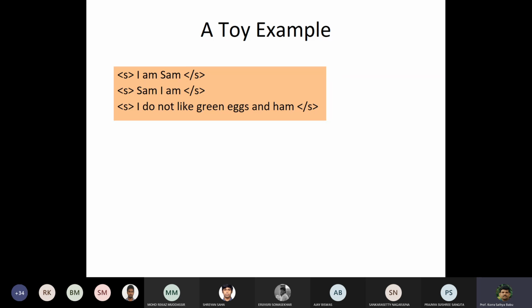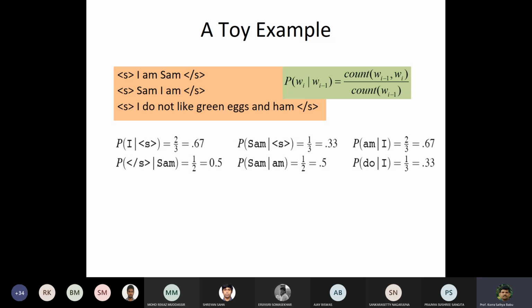It depends upon how many times it occurred: how many times Sam followed by end of the sentence occurred, how many times I am followed by Sam occurred. So this is the thing. Any other clarifications? Any other doubts, please? So, are we expected to decide upon the in means